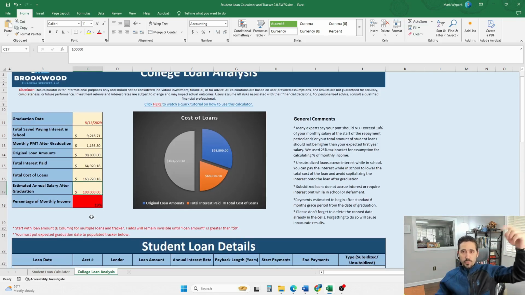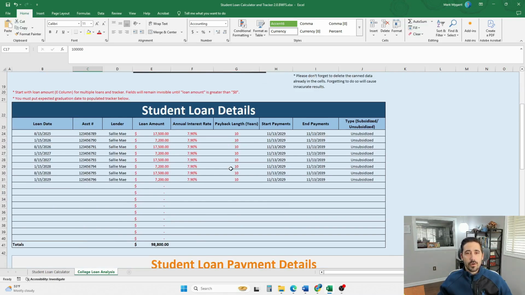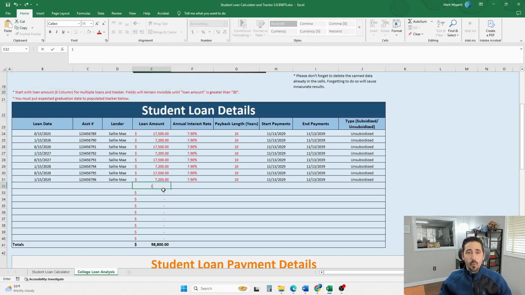But without further ado, we'll keep going down, and we'll make sure that we go through how to use this. So again, similar to the previous sheet, anything that's in red you have to fill out. Now you'll notice I pre-filled a bunch of these out for you just to simulate this example and to give you a head start so you don't have to see where to go. But if you have more loans than this, or if you delete some of this stuff, what you'll notice is anything above a 0 in column E, which I highlight right here as well, will populate. So if I just put $1 here,